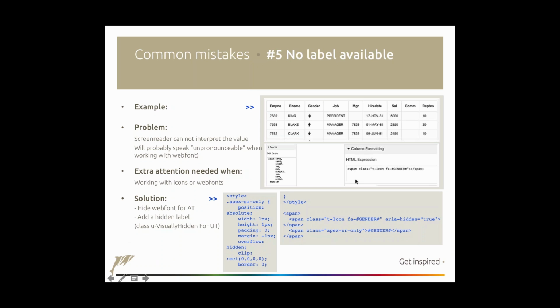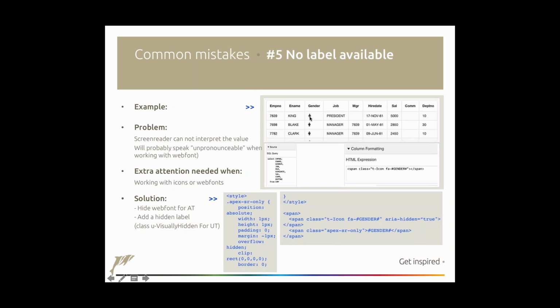If I use the HTML expression span class t-icon fa, and I then place the placeholder for the column gender, it will render fa-male for rows which have the value of male in the database, and it will render fa-female for rows which have female in the database. And that's presenting quite nicely for someone who is not working with accessibility technology, who sees